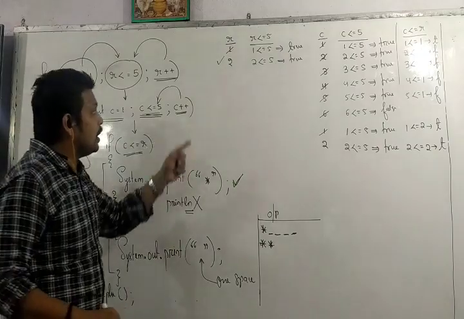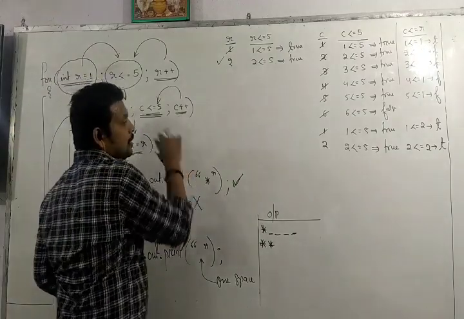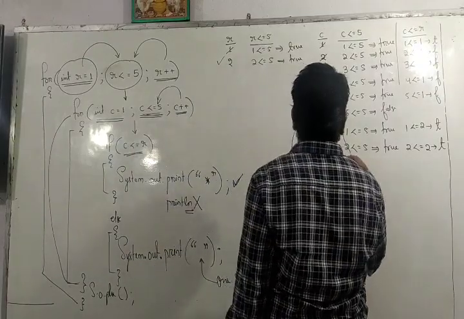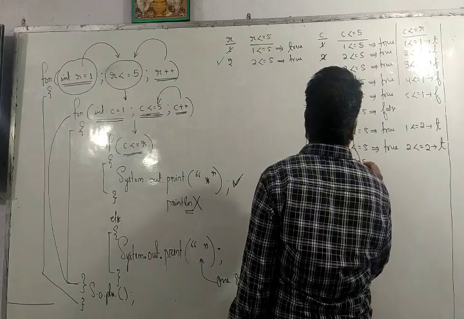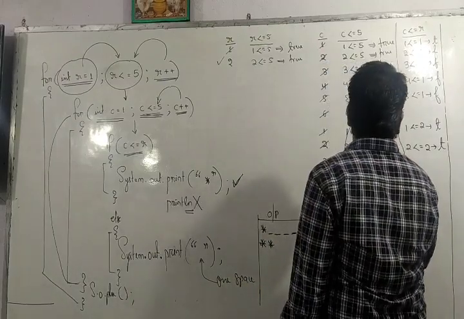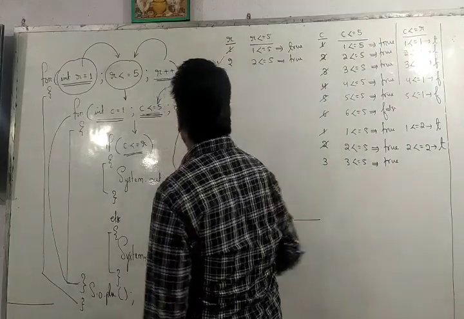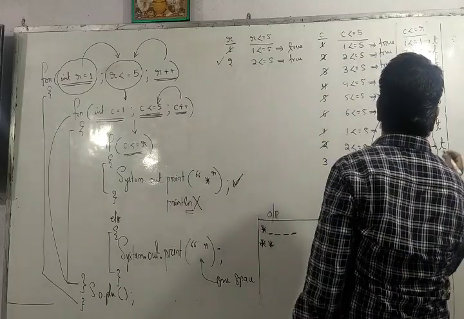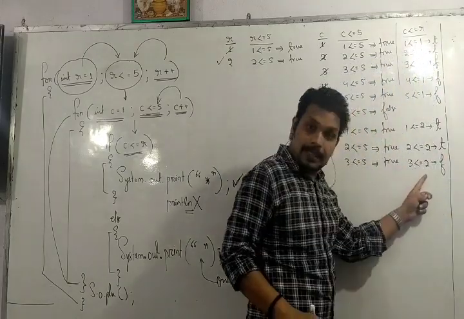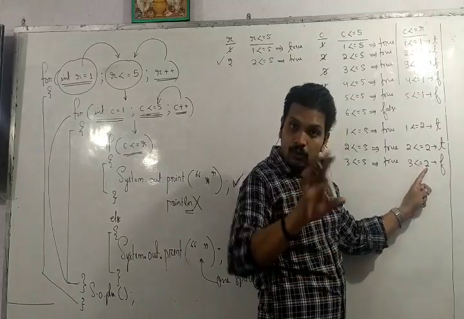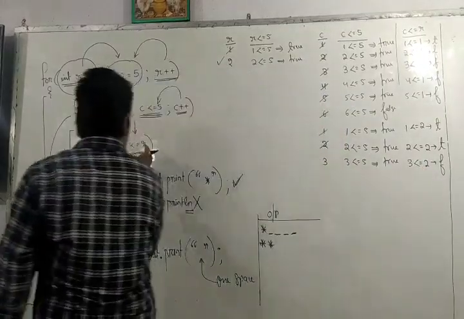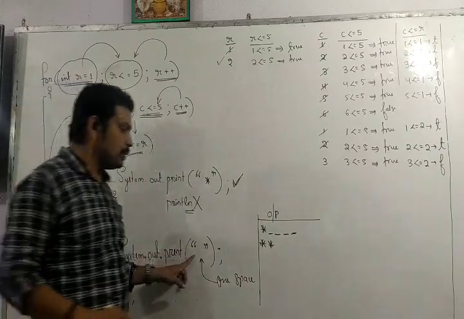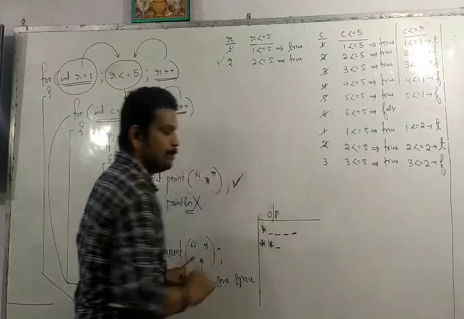Again, the control will go to the updation expression of the inner for loop, C++. So here I will write 3. Now 3 is less than or equal to 5. It is true. Then C less than or equal to R. C means 3. 3 less than or equal to R. R is 2. So it is false. Is 3 less than 2? No. Is 3 equal to 2? No. So it is false. If this is false, the control will go to the else part and print one space.